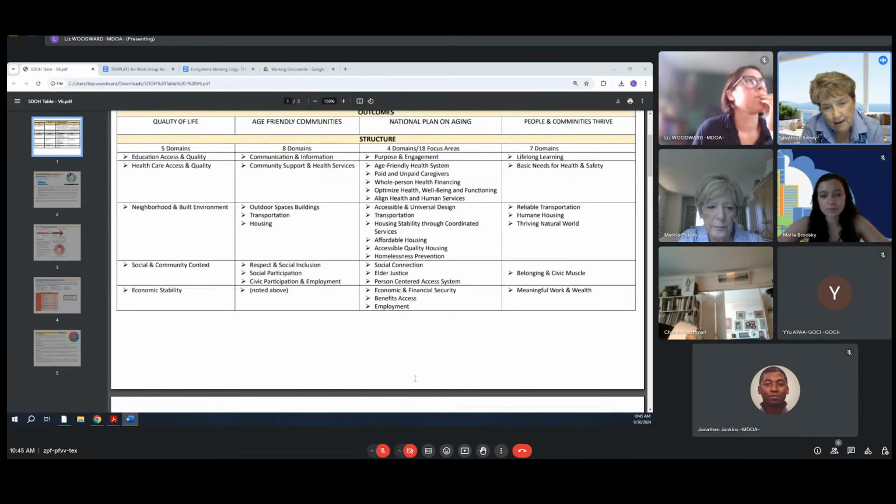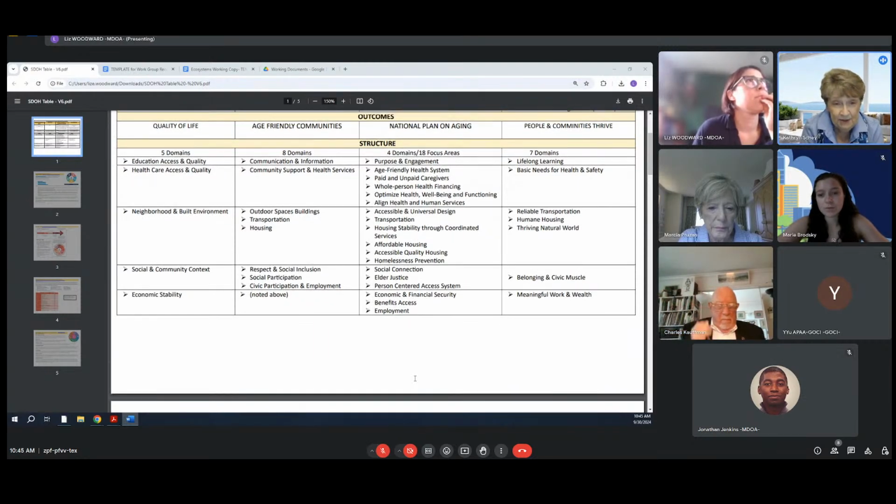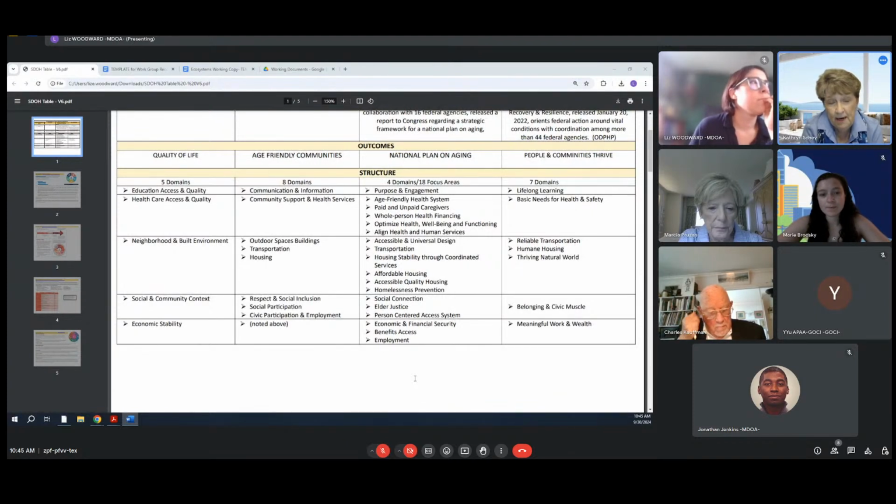Because it's just taking a different approach on those 5 domains for social determinants of health, but what that looks like from the age-friendly communities, how that gets translated, what the structure looks like through ACL, and what the structure looks like through the Office of Disability and Public Health, I believe.